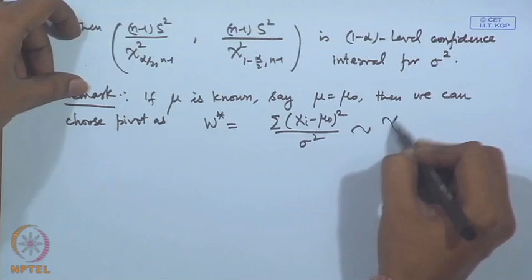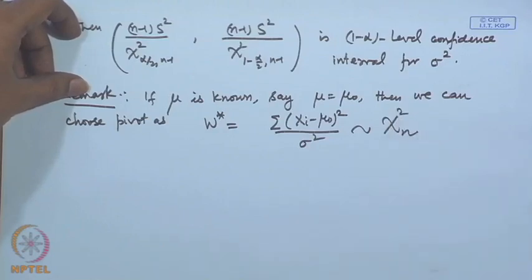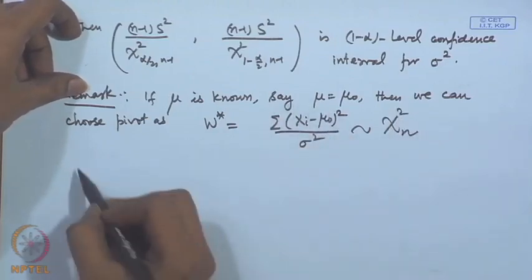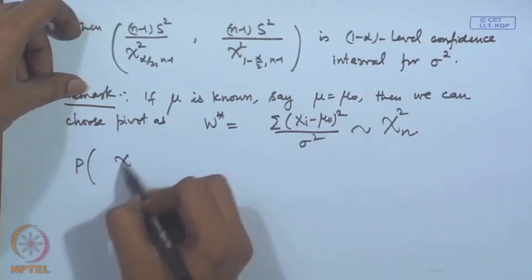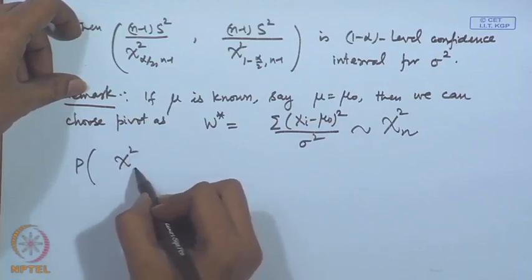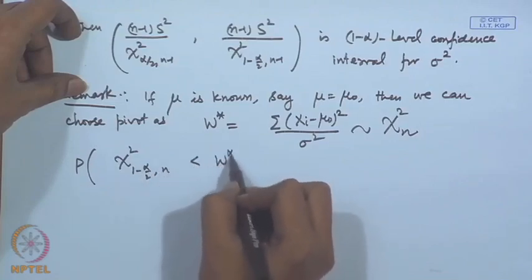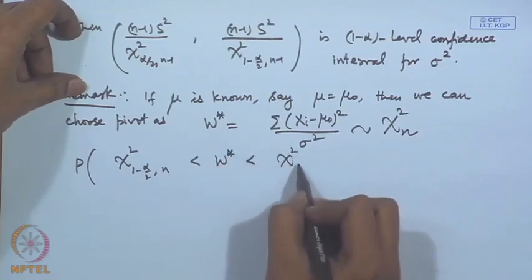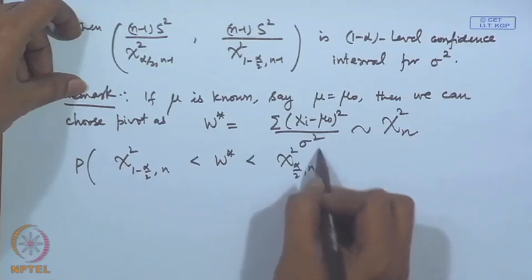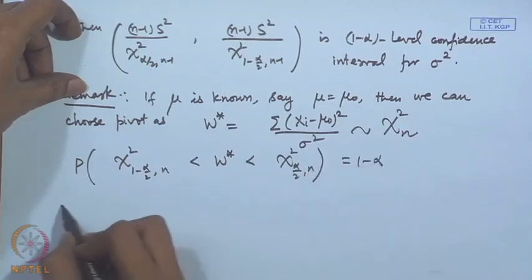Now, this has a chi square distribution on n degrees of freedom. If we give the same argument by writing chi square 1 minus alpha by 2, n, less than W star less than chi square alpha by 2, n, equal to 1 minus alpha,